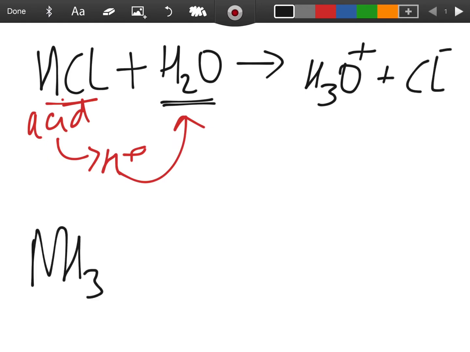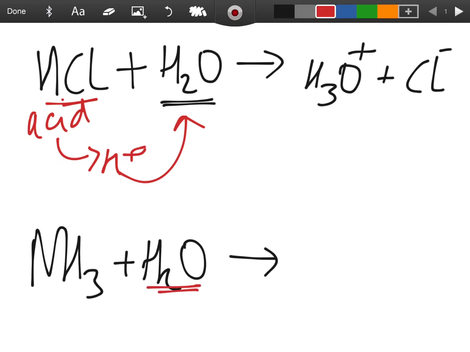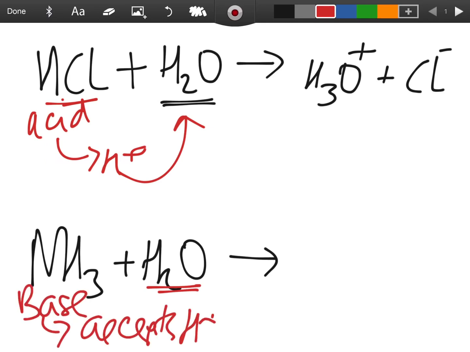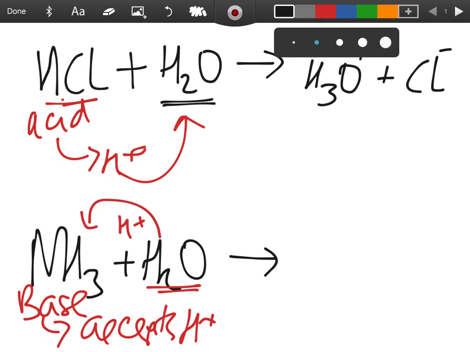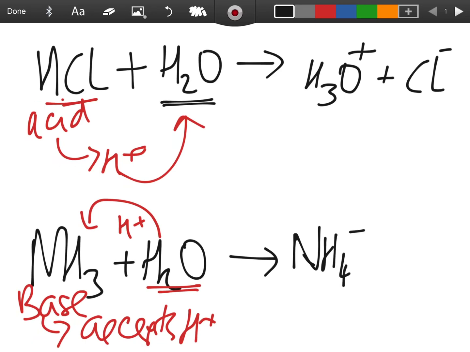Then you're also asked to do the same thing with the base, with the ammonia, NH3 acts as a Brønsted-Lowry base. Again, when dissolved in water, you had to have the water present in the equation. Now, what do bases do? According to Brønsted and Lowry, bases will accept a proton. So the proton this time goes from the water, so you end up on the other side with your NH4 plus and OH minus,